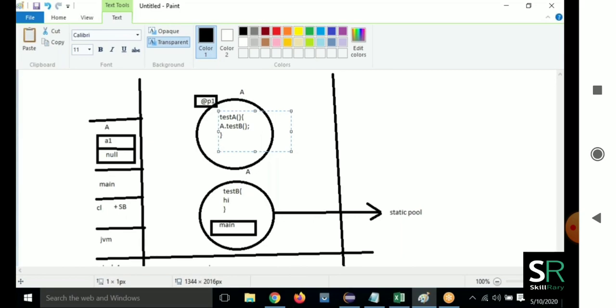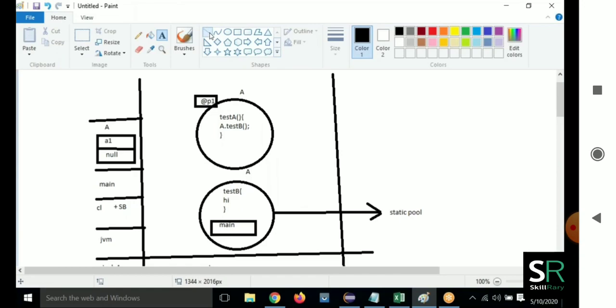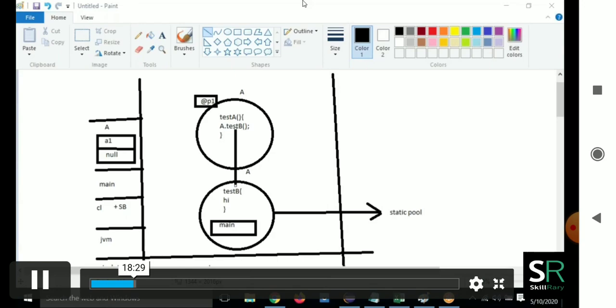Okay, when you type this statement, whenever you call this, it will get linked. Which one? This one is going to be linked like this. One second, guys.